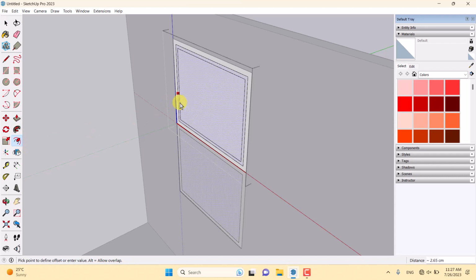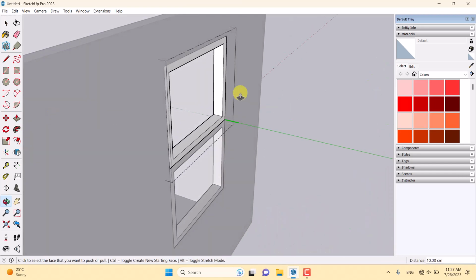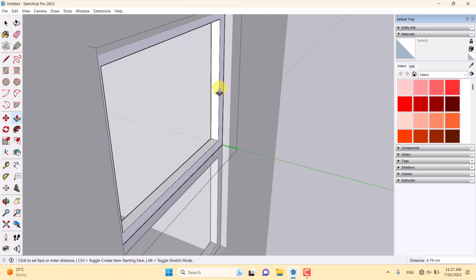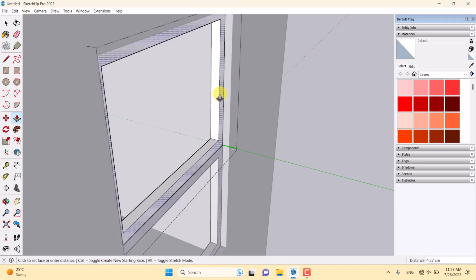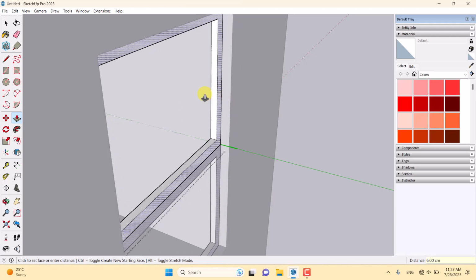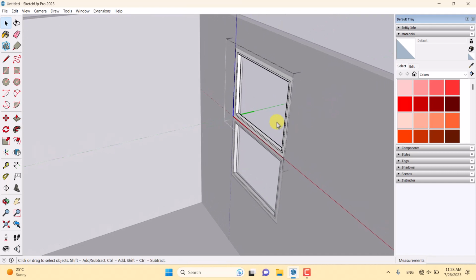Now I'm gonna push this window back, make it a little bit slender, something about 4 centimeter or 6 centimeter. It depends on you. You can change this number by your own need and taste. So for the inner windows, I need another extrusion. So I'm gonna select this face in here and push it a little bit to the backside, about 1.4 in